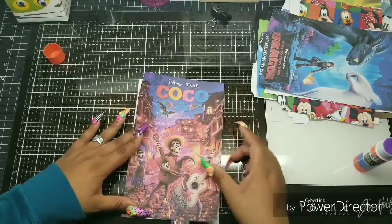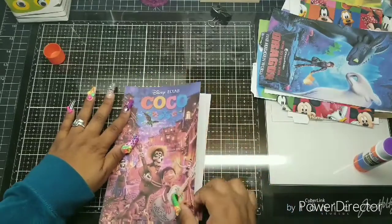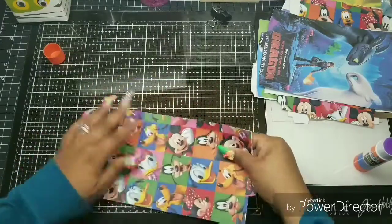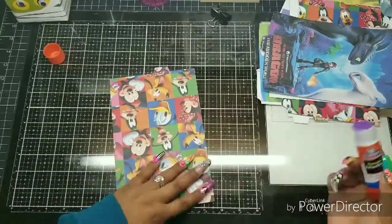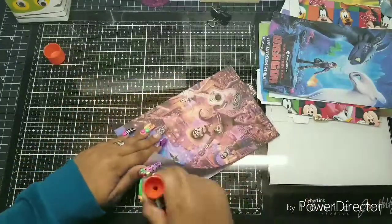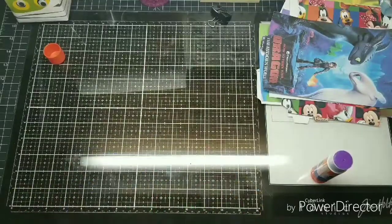And I decided to do all Disney. Did I do all Disney or Pixar? I think I did all Disney dividers. Coco is the most beautiful movie ever done. They did that one so well. I wish they had done the other. Well, anyway, really like the movie Coco. I think it's a beautiful, beautiful movie. So I decided to make it one of my dividers. Why not? Everything is all about Disney this year because